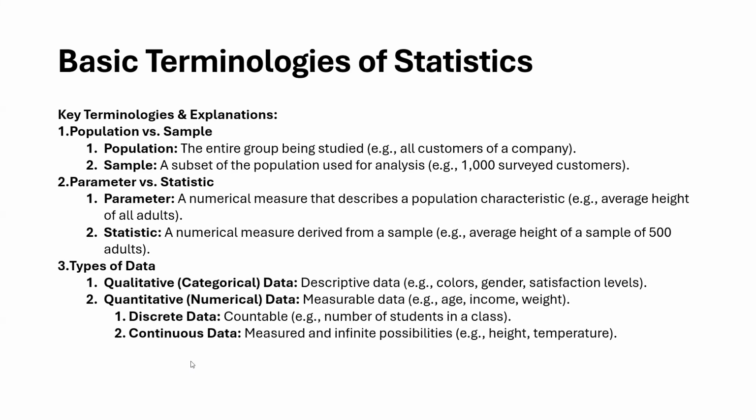So let's take a few examples. What is discrete data here? Discrete data is basically countable. Okay, so you have numbers 1 to 100, basically integers, right? So it's countable. But if I ask you about continuous data,